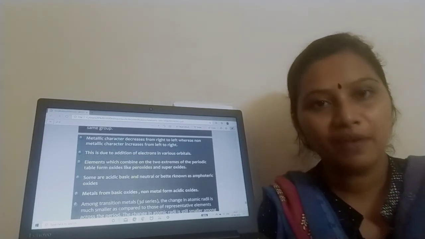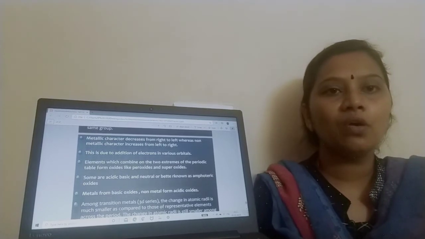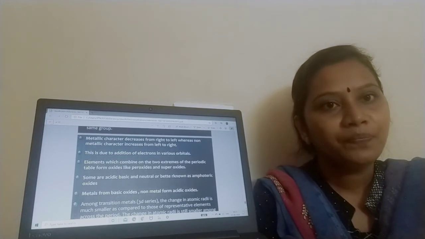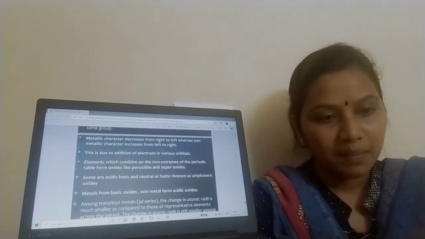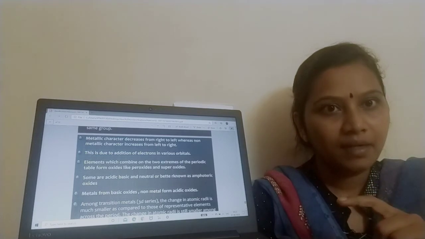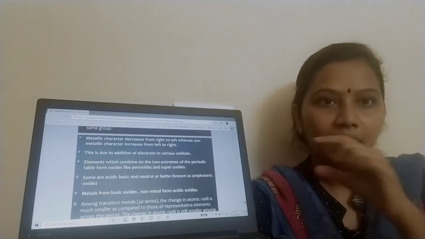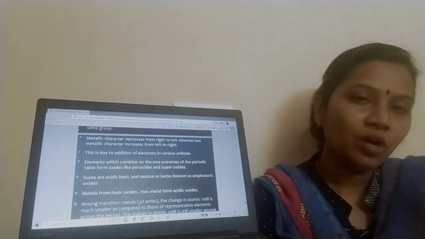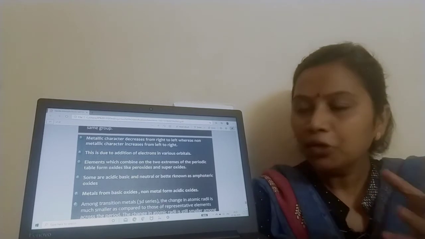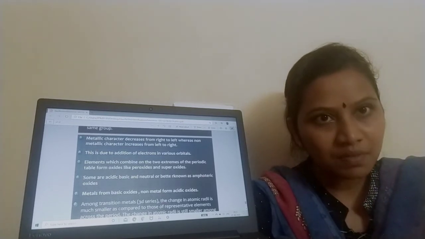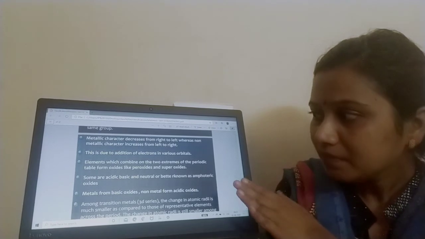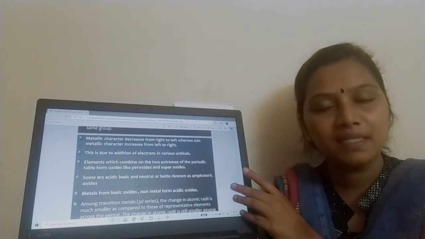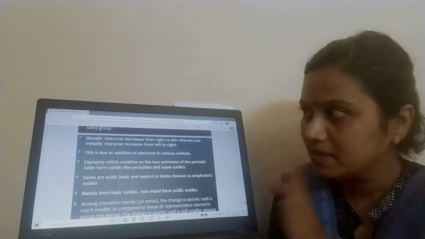Remembering in the form of acronyms will help you remember the concept for a long time. For example, if I tell the term BAR, what does it mean? Blue litmus paper turns to red in acidic solution. BAR: Blue litmus paper turns to red in acidic solution. So you will not be forgetting this ever. Try to remember complicated concepts using acronyms. Now what is the important thing which I told you? Important acronym MBO. Metals form basic oxides while non-metals form acidic oxides. This is the important aspect.